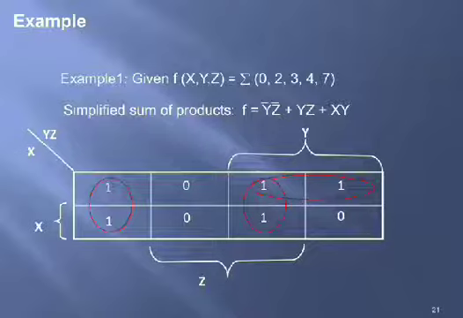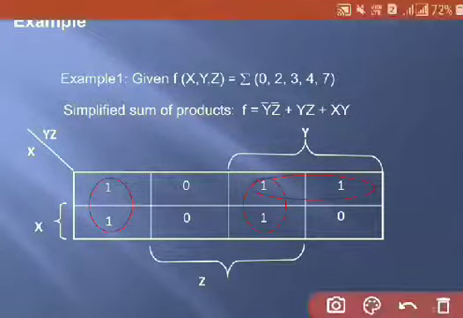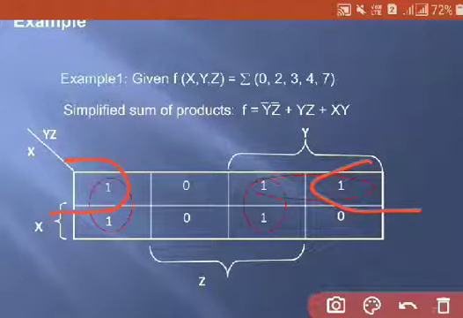Likewise you can consider this. This is the way of doing the pairing. This one and this one can be paired, this one and this one can be paired, and this one and this one can be paired. There is also another chance of pairing. This and this is also one more possibility, but this can be avoided in order to eliminate the redundancy in the terms.